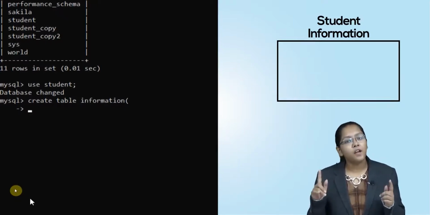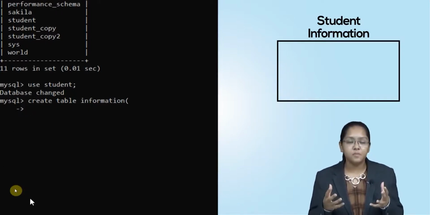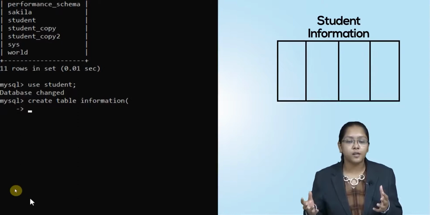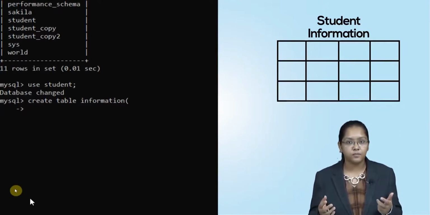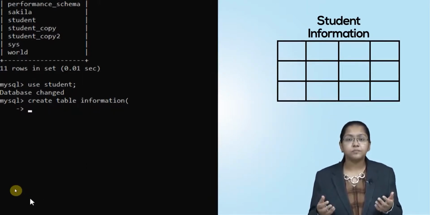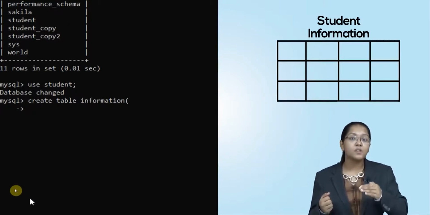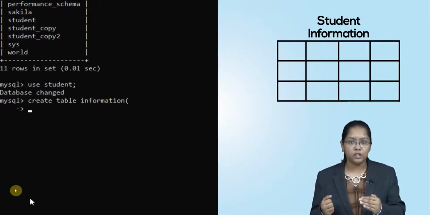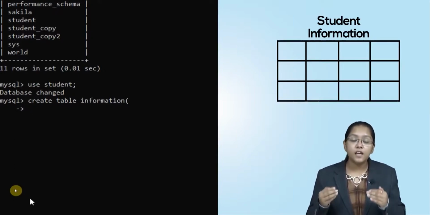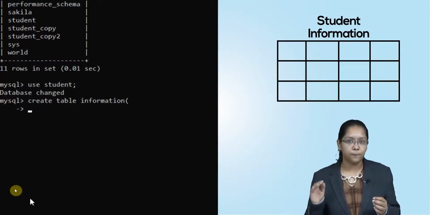Now that I have created the table, I want certain attributes over there. In a database management system, your columns are your attributes and your rows are your tuples. So I want to add certain attributes and name them first. That is why I have given the bracket over there, because now I will add the columns, the attributes, here first. Only then can I say my table has been successfully created fully.